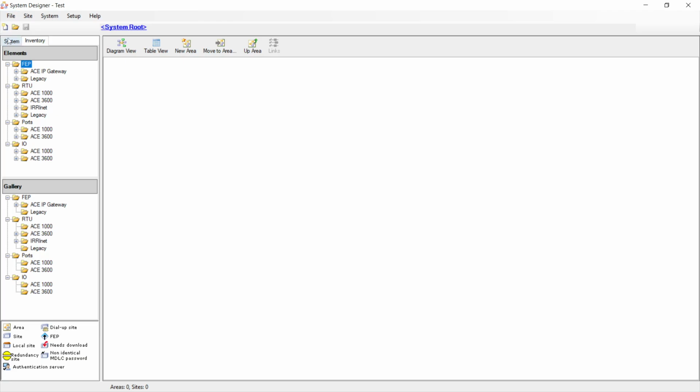Next, we come over here where there are two tabs. We've got a system tab and an inventory tab. From the inventory tab, we'll click and expand on ACE 3600, and the model CPU we'll be using is an ACE 3640. We click and expand on ACE 3640 or CPU ACE 3640 here, and we select the latest available firmware for STS 21.6, which in this instance is 21. So we click and drag that into our system root,